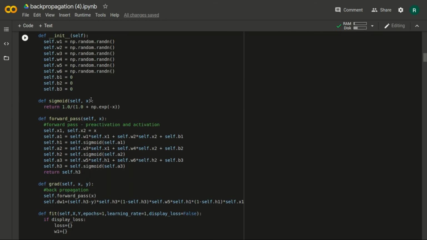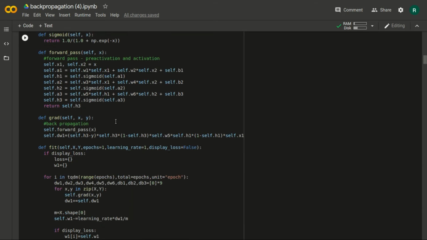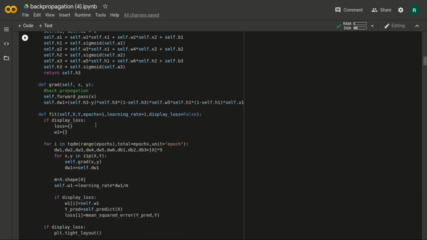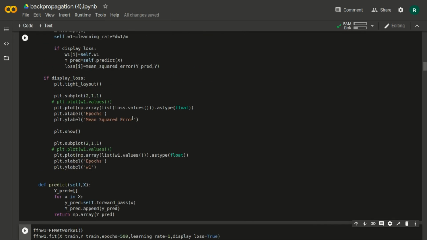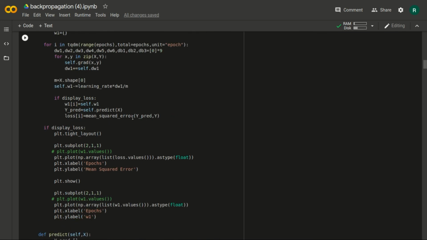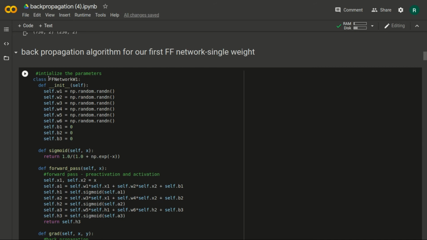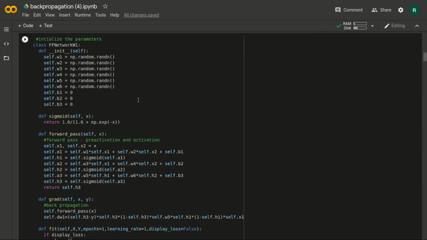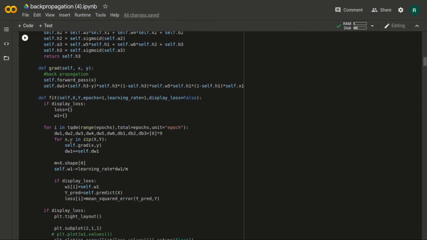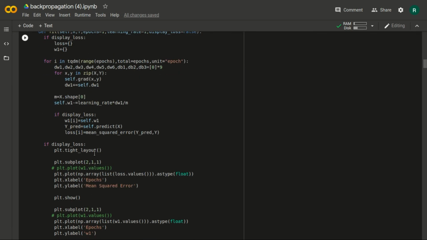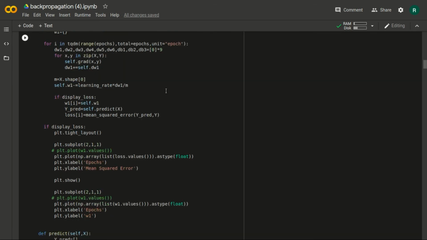Then the code is the same for sigmoid and forward pass, and also for the gradient. And in fit, as we have done similarly in lots of videos before, you can refer back to how we initialized and executed this FF network. You will get a very good idea for it. It's just simple code. The mathematical logic behind it, which we explained in the videos, is just an interpretation of that particular mathematical language.